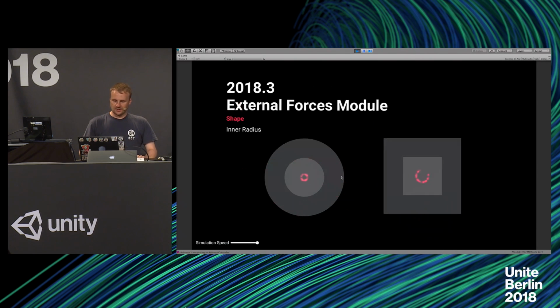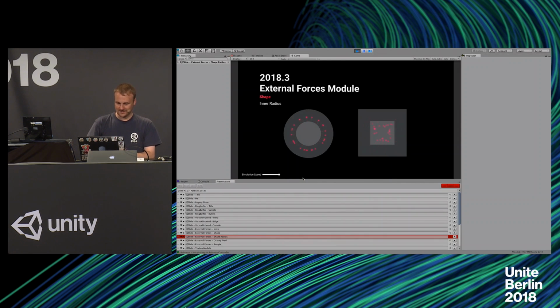You can control what we call the inner radius and the outer radius. I think we're going to rename that to inner range and outer range. What that means is you can create a hollowed out shape, and you can say it will only affect the particles between this sort of shell. So for here, in this example, if I zoom out,